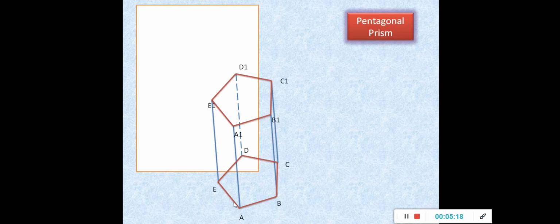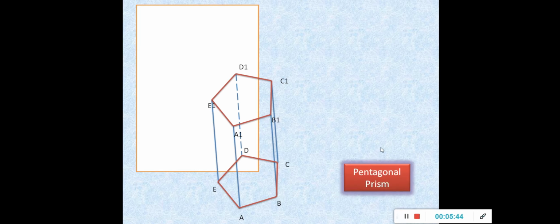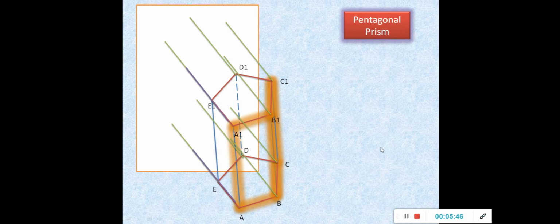So let me name this. It is A, B, C, D, E in the bottom surface, A1, B1, C1, D1, E1 in the top surface. No doubt, in any manner, you can name the solid. You can start naming from A1 here, but you should always understand that if A1 is here in this particular case, A should be on the same line of action. If you have B1 here, on the same line of action you get B here. Now let us see how this pentagonal prism is projected.